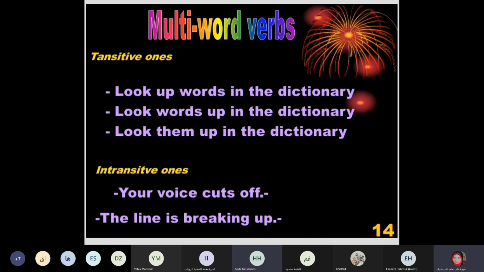No, it's incorrect. It's wrong to say look up them in the dictionary, because if the object is a pronoun